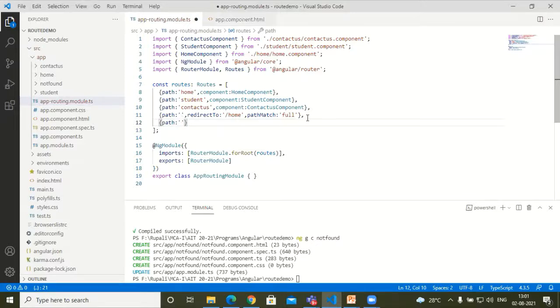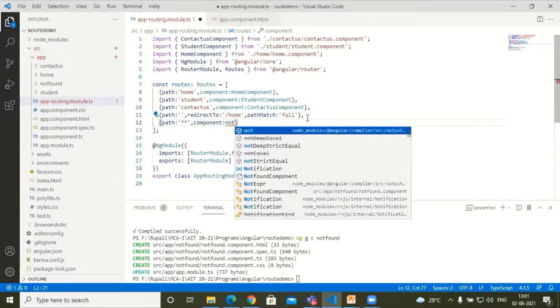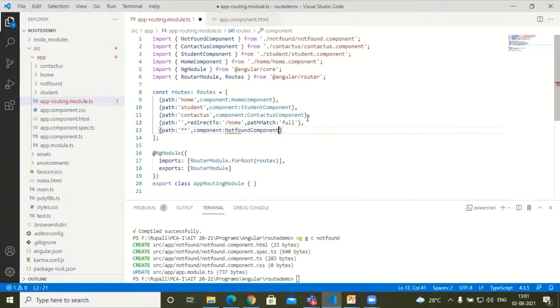That anything is replaced by double star. So this double star, whenever you are typing anything other than the defined list of routes, then you should load the component. Which component? The not-found component. Yes, we will be loading the not-found component.